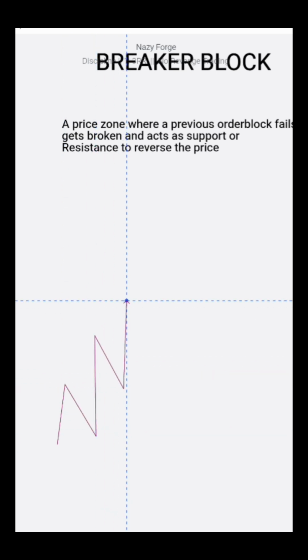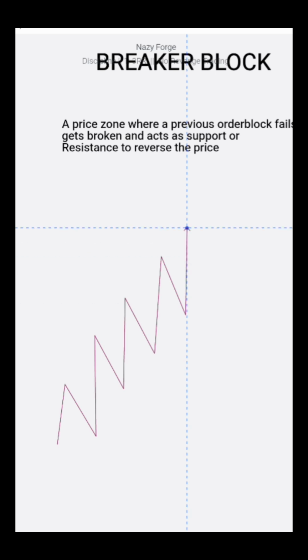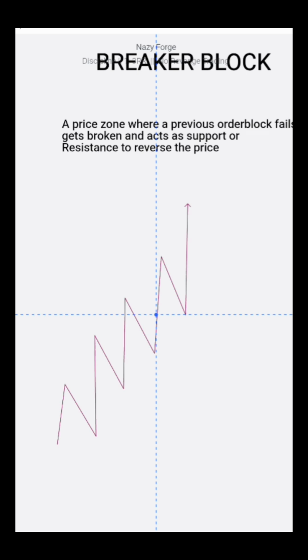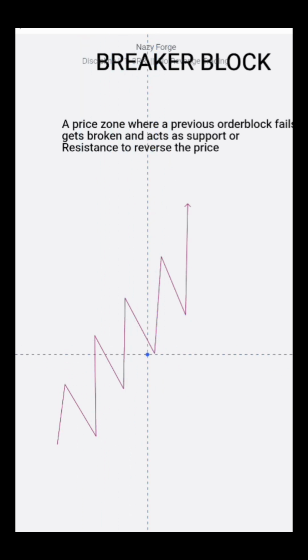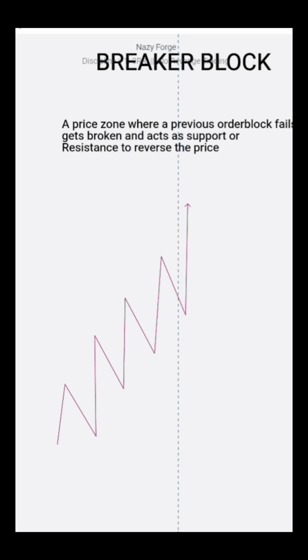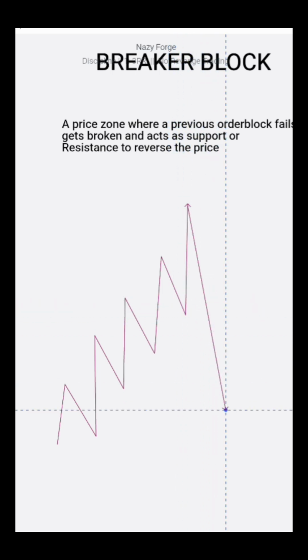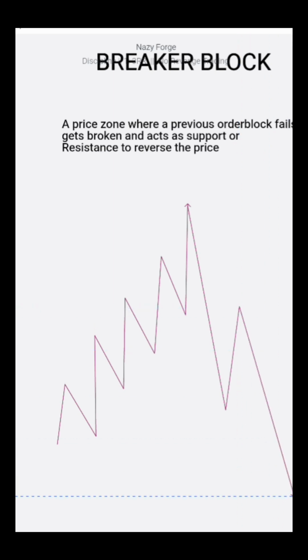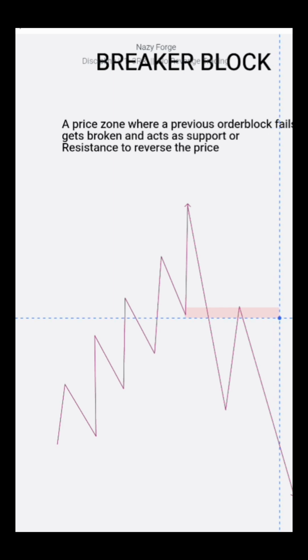So you have a series of higher high, higher low, higher high, higher low. All these points where the price is reversing, we assume we have order blocks here, right? But now price came down to this place, and instead of reversing here, it broke past and came back to that same point and continued selling down. This is more like a support turning resistance and resistance turning support. In this case, a support turns to a resistance. This becomes your